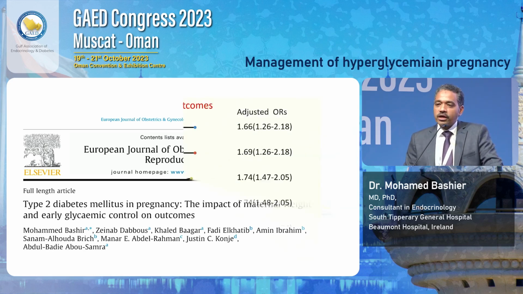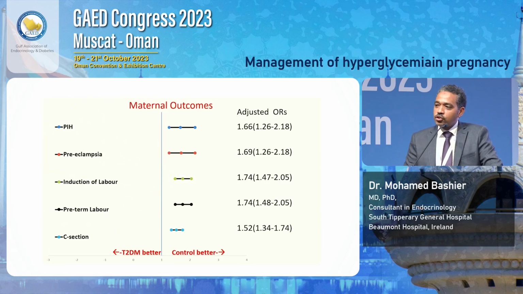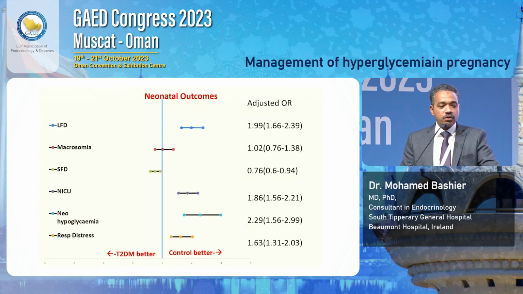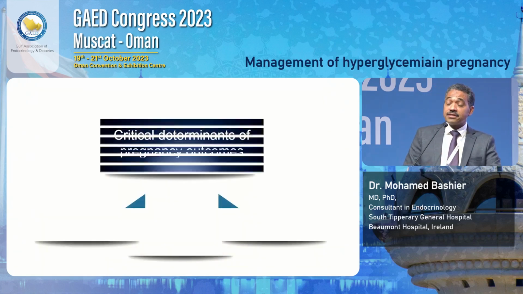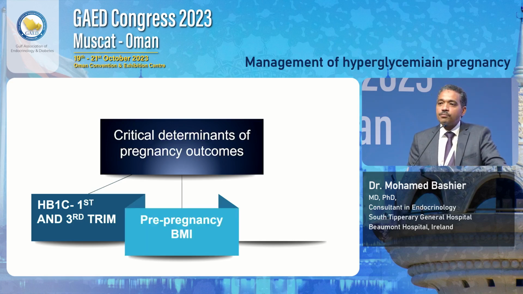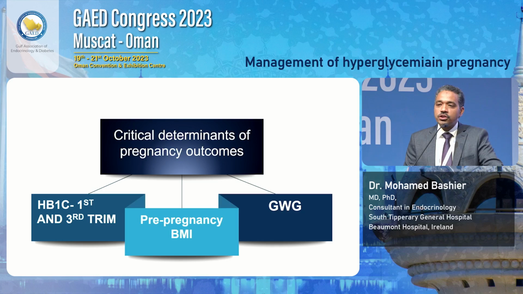Even if you try to correct for all the risk factors that I just mentioned, obesity, age, excessive gestational weight gain, the complication rates are much higher than what you see in the general population and with type 2 diabetes. The risk factors we found that dictate these are the pre-pregnancy glycemia, how much you manage to get the HbA1c down by the end of the pregnancy. So the pre-pregnancy and end of pregnancy glucose control, the pre-pregnancy BMI, and how much gestational weight they gained.